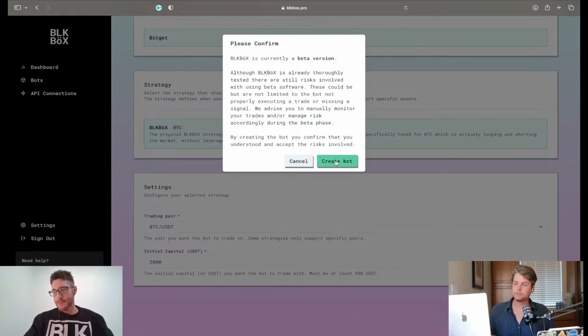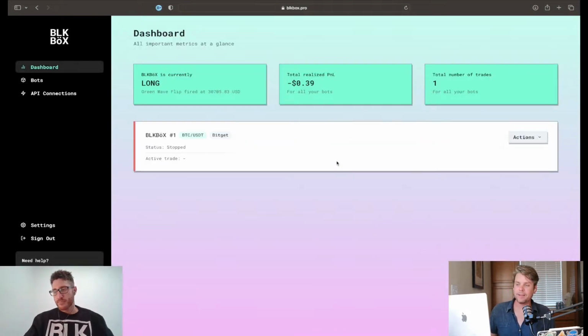We are in beta. There are risks with beta. As we can see, we've already run into a few issues. That was user error though. And then once you've selected all that, we will be back at the dashboard and you'll see black box number 1. This is the bot. It's set up. And you can see the red indicator tag to the left-hand side here, indicating that the bot